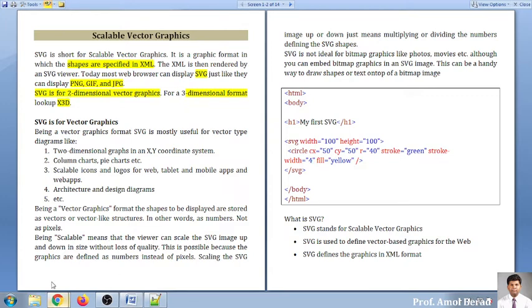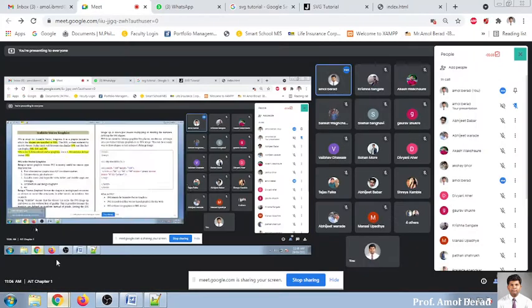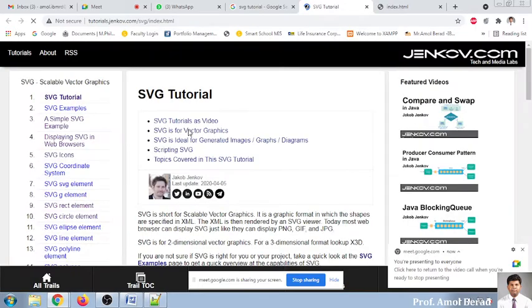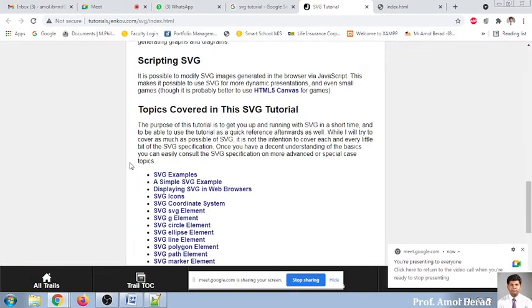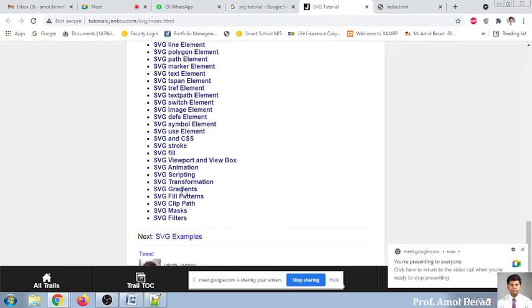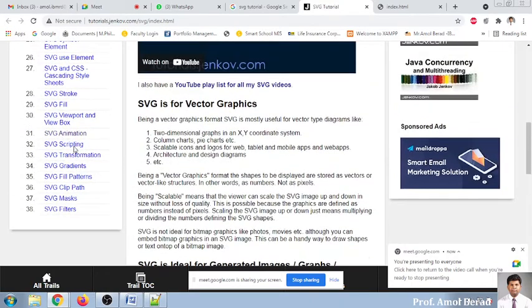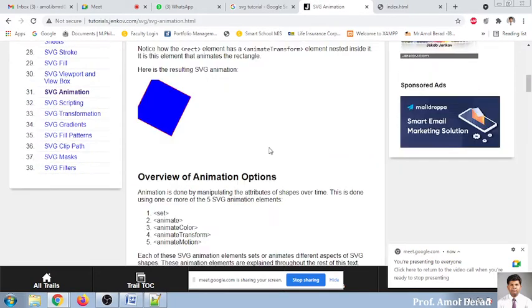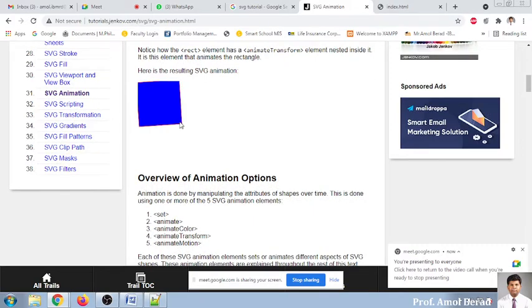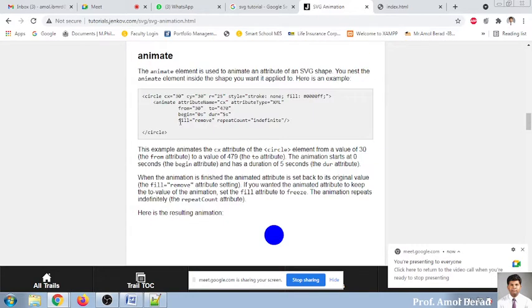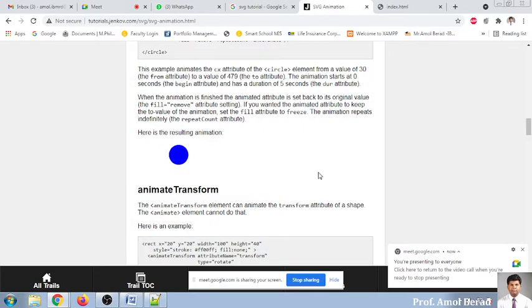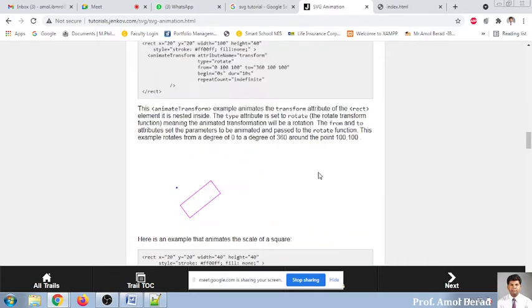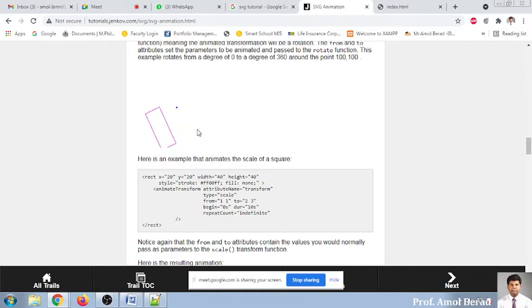I want to show you one simple animation so that it will be very clear in front of you. I will show you live, in a tutorial, and we'll go for animation. And you see, just like this, these types of animations are available. This type of animation is feasibly made by using SVG.